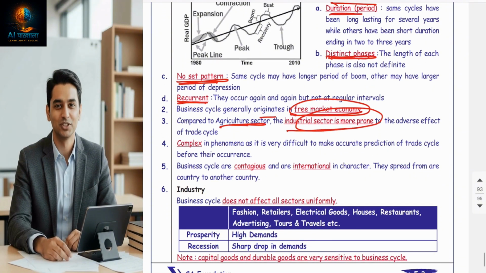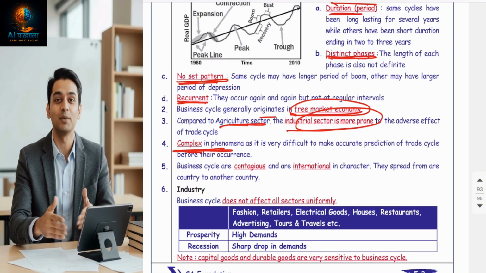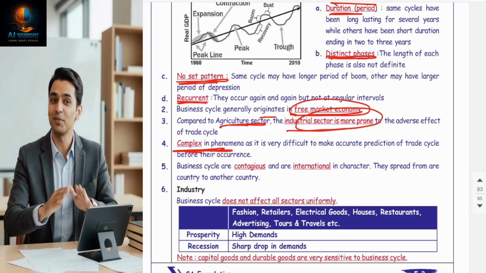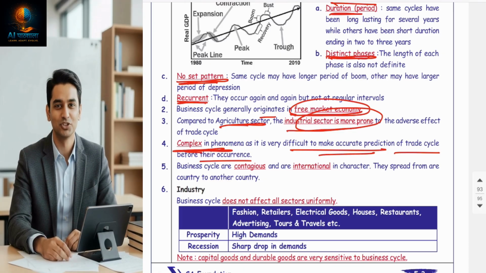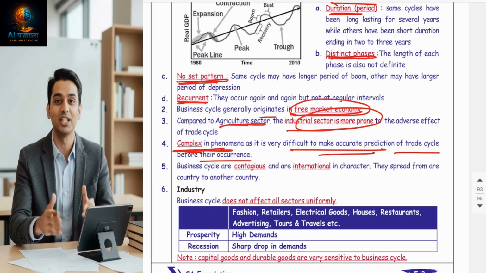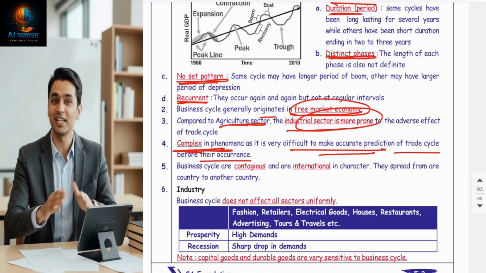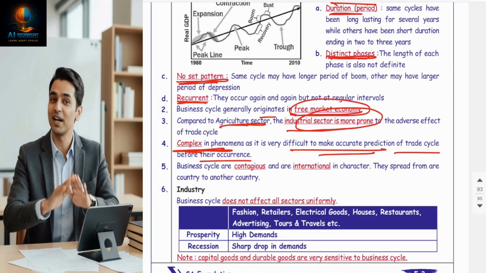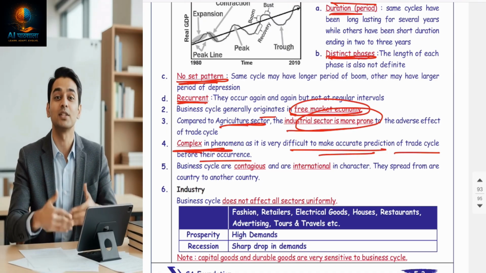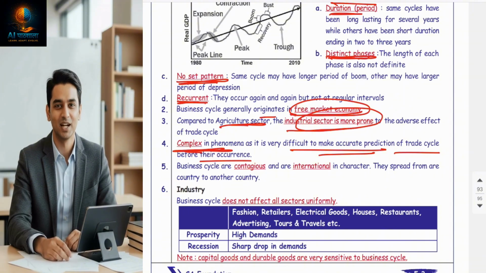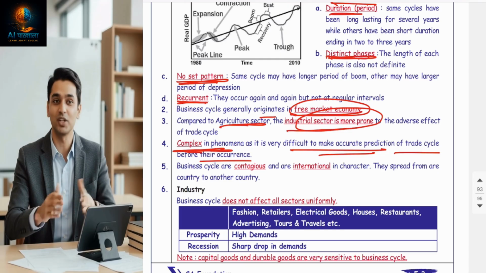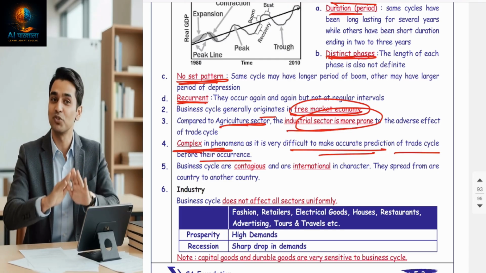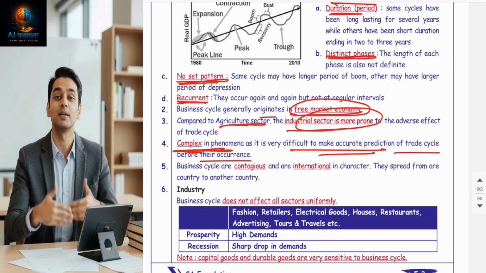Friends, it is also stated that the business cycle is a very complex phenomenon, meaning it is very difficult to predict the turning points of the trade cycle. No country can predict which phase is going to come up in the future. If they had known beforehand, governments would have taken precautionary steps to avoid those negative stages, and then there would not be a contraction in any country.